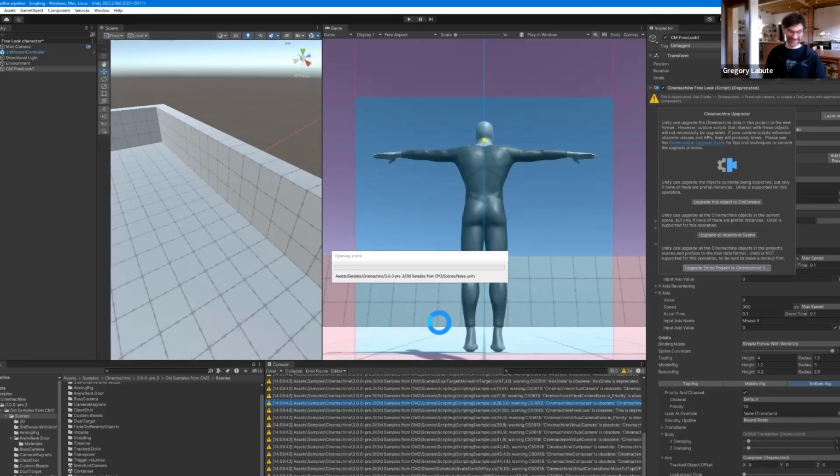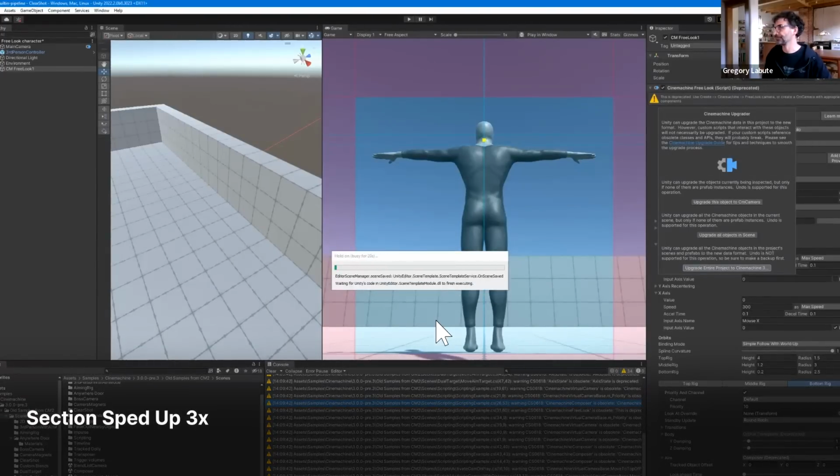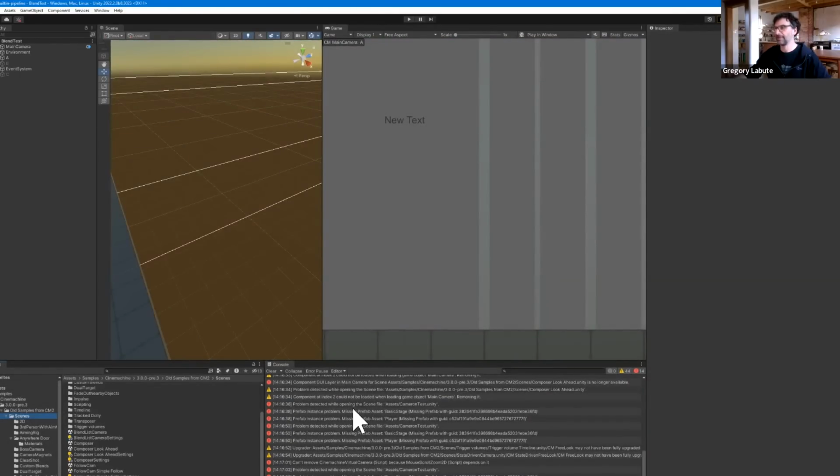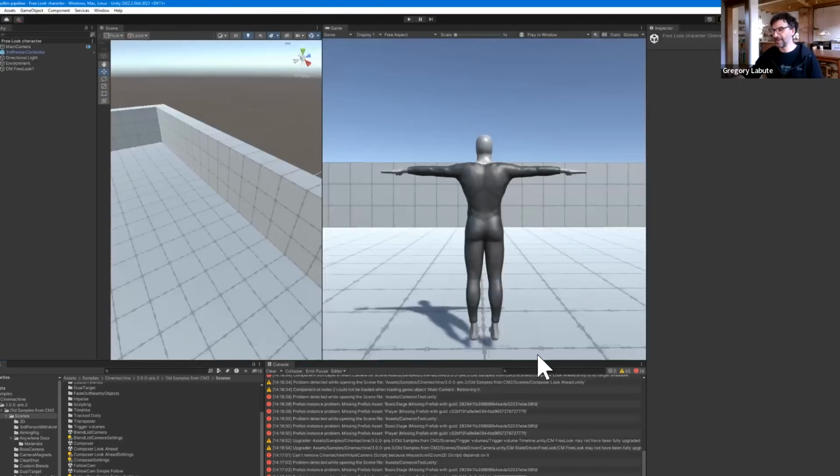Right. So this is, as I said, a long operation. It's got to open up all the scenes and make several passes in order to fix up all the references correctly. It takes a little time, but it's a lot faster than doing it manually. There you go. And we're going to go back to that scene. Right. So now what it's done,